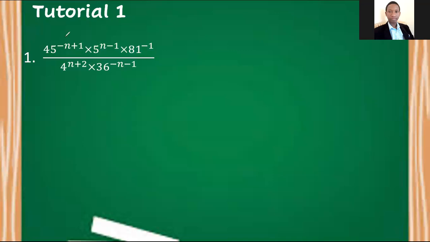So let's look at this first one here. 45 to the exponent of minus n plus 1 times 5 to the exponent of n minus 1 times 81 to the exponent of negative 1, very important, all over 4 to the exponent of n plus 2 times 36 to the exponent of minus n minus 1. What you want to start with here is to express these bases 45, 81, 36, and 4 in terms of